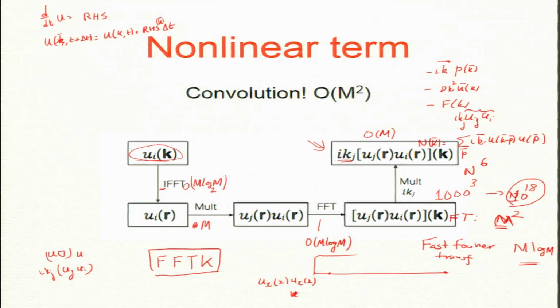And once you have the nonlinear term, you also have to compute pressure. The nonlinear term is used for computing pressure. Is that clear? This is how a spectral method is written. This is a sketch. If you are courageous enough, you write one for yourself, but we will give you a code which you can use.